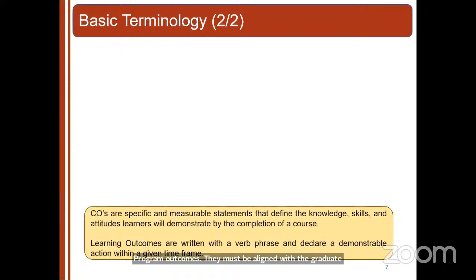I was telling you about a very subtle difference between course outcomes and learning outcomes. Course outcomes you write as specifically as I was telling you, and a very important point is that because you are trying to assess, evaluate, and finally calculate the attainment, these course outcomes have to be measurable statements. What will they define? They will define the 5 aspects: knowledge, skill, competency, attitude, and behavior.